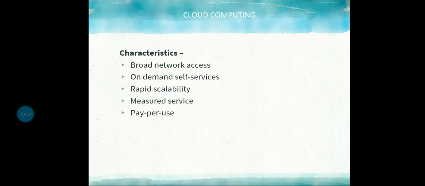Okay, if you give someone something for free, it is not that much usable for you. Like you have to pay to store your deliverables on that place. For that you have to pay the charge. Okay, this is one of the characteristics. Then broad network access, on-demand self service, you can access your data as a self service. Scalable, the network is very big and scalable.